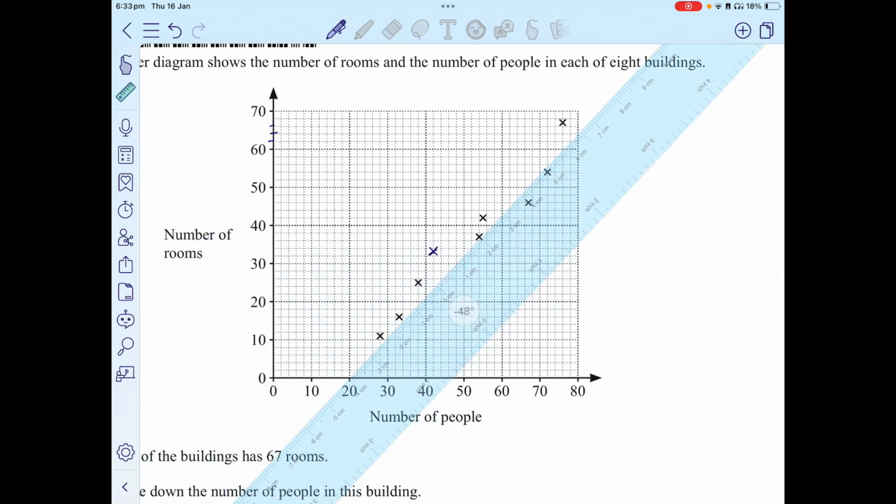I draw a straight line which passes through its maximum number of points. Yes, indeed this would be the straight line, or would it be this? Yeah, this one would be a better one. So if you take this,